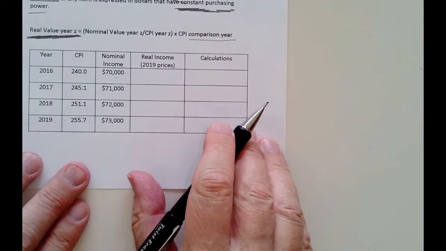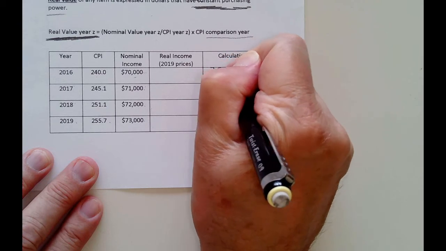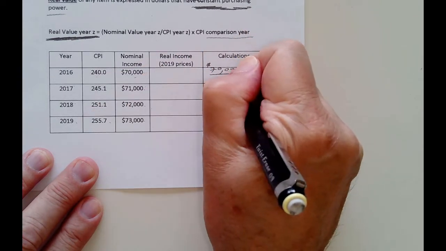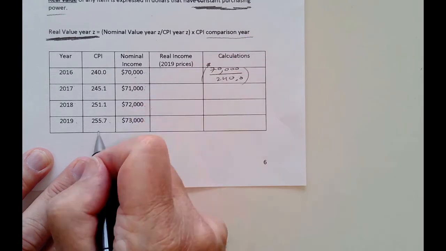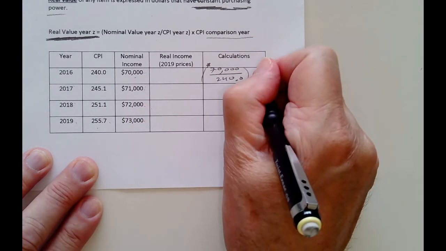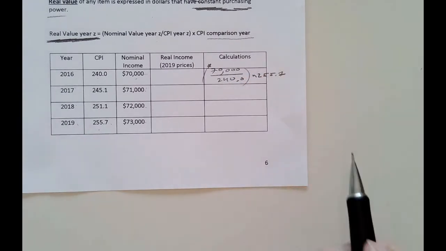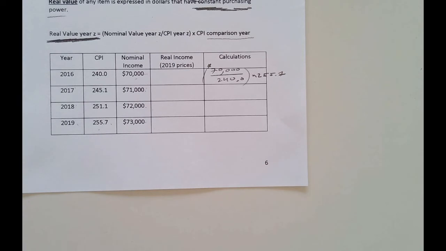And so what we do is simply use the equation right here. We take the nominal number, which is 70,000. Here the dollars will stay. Divide by the CPI for that year, which is 240.0. And then you times that by the comparison year, which is 2019 prices. You use 255.7. Because I'm timesing by a higher number than I'm dividing by, it's going to increase that. And so I take 70,000, divide that by 240, times that by 255.7, and I got